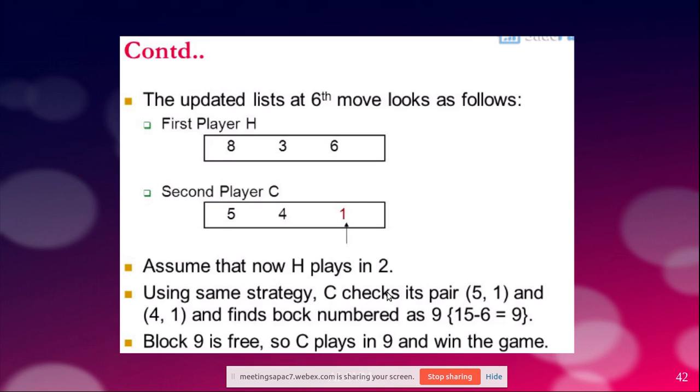So you have to build a magic square, and then with a simple combination you select all pairs of this and add them and subtract from 15. If it is less than 0, nothing to worry. If it is more than 9, nothing to worry, because the cells are between 1 and 9 only. And just verify whether those cells are already occupied. If so, nothing to worry. If not, then you occupy it. That's as simple as that. So that way you are making a computer more intelligent.